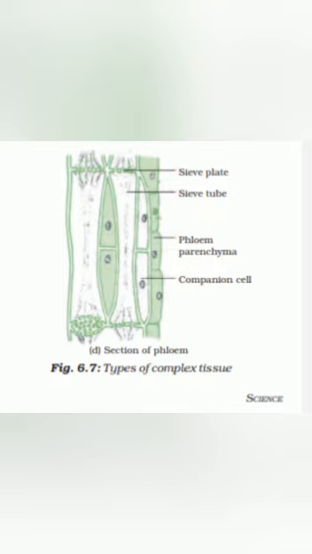Now come to companion cells. Companion cells are found adjacent to the sieve tubes and they contain a large nucleus. This companion cell helps in sidewise conduction of food from the phloem parenchyma cells to sieve tubes. Now come to phloem parenchyma. Phloem parenchyma are thin-walled cells. These are living cells of phloem and their function is to store food. And here lateral conduction of food materials will take place.